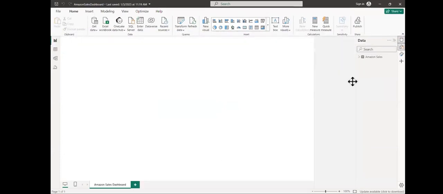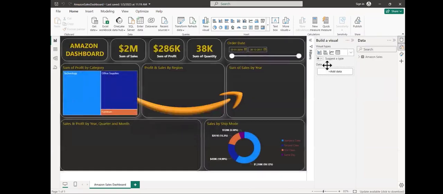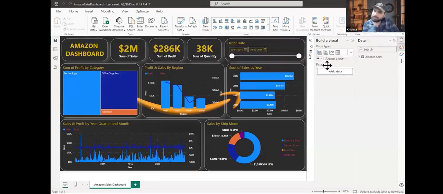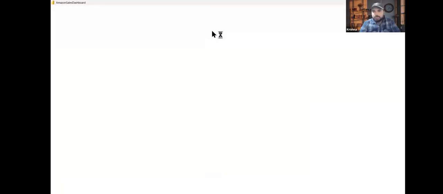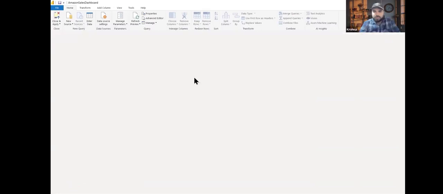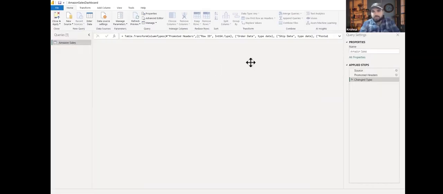Sir, we need to pull the blank report, right? You need to pull a blank report from Power BI, yeah, new one, blank. Yes. Okay. So when you go to the transform data, you will see that some transformation needs to be done here. Not that much. It's a very easy project.